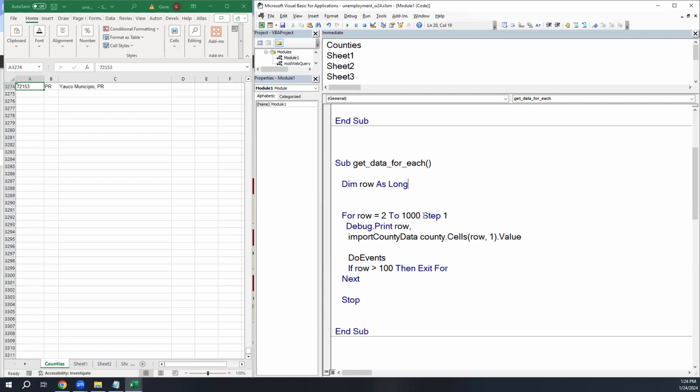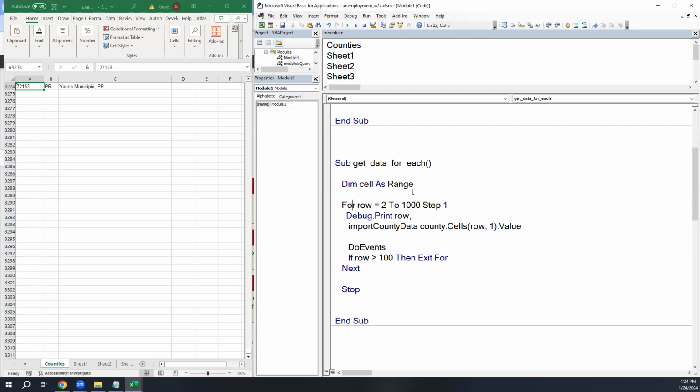So instead of row, I'm going to dim range, RNG, I'll dim cell, CELL, as a range. So again, it's an object variable. It's just going to be enough memory to point at a different thing in memory each time. And now I have to give it the collection of cells that I want to go across. So for each